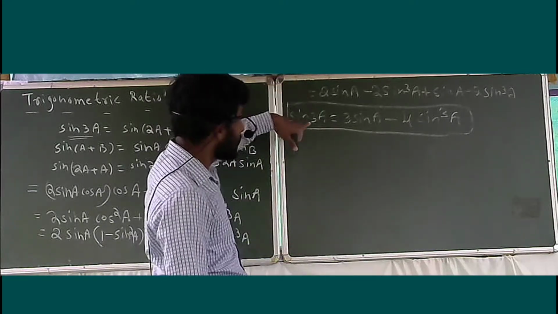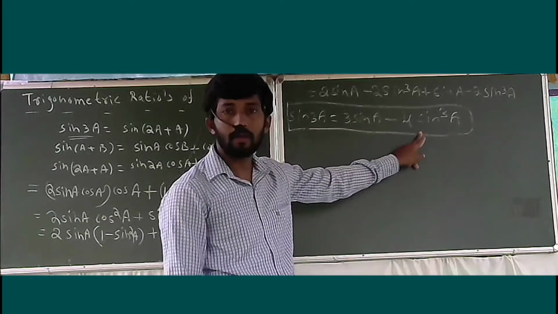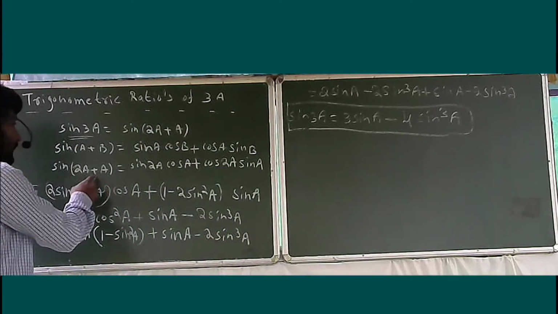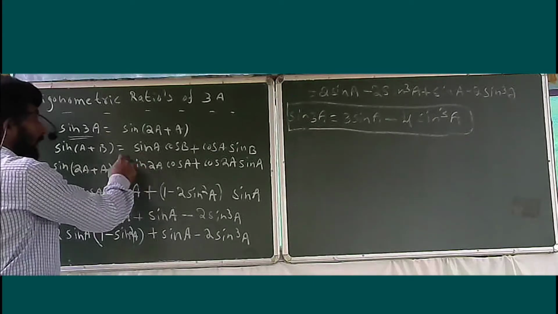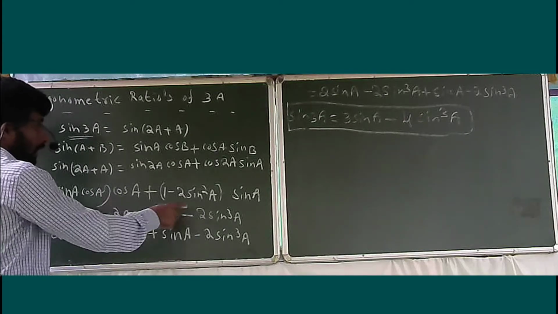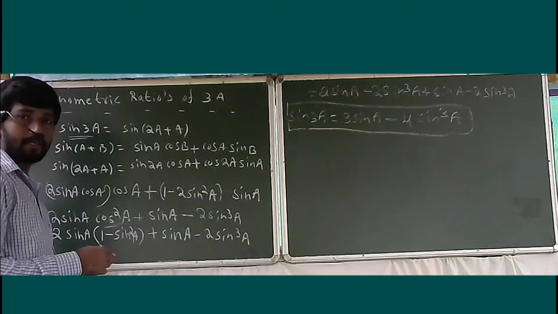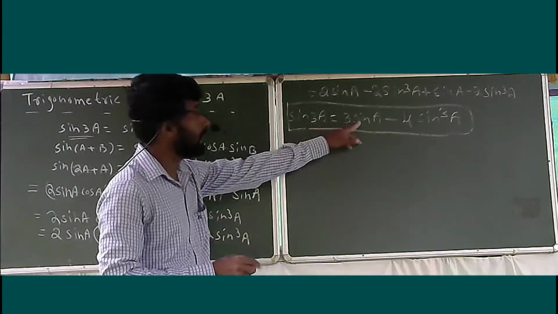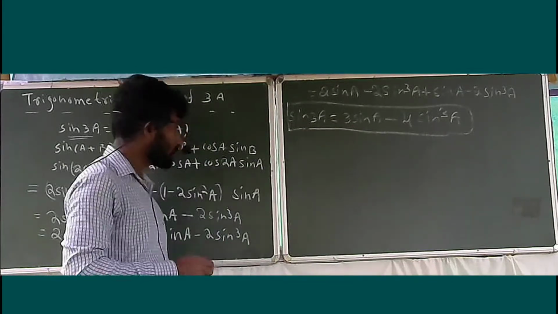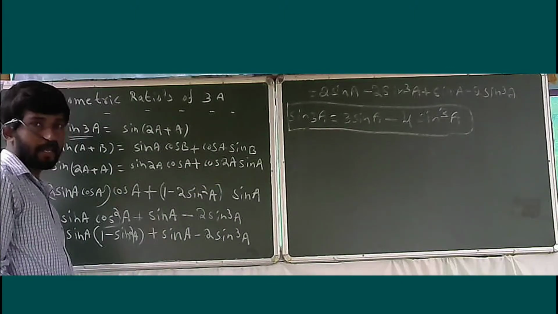See here, sine 3a, here observe right hand side only sine function is there. So, while proving the formula, first see, you are writing sine of 2a plus a, applying sine of a plus b formula. That time we will get cos as well as sine function. Then see, here you will get cos 2a, right? We want only sine in the RHS because in the formula only sine is there in the RHS. So first step, you need to convert cos 2a in terms of sine.